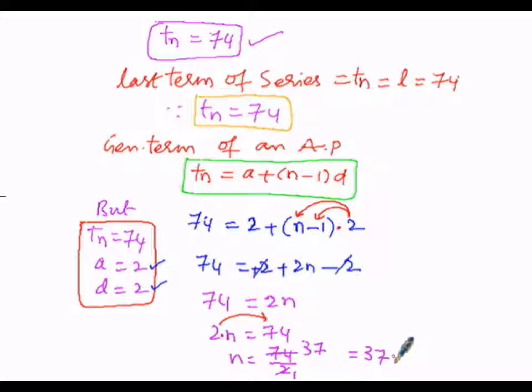So in this manner we got n. Here n equals 37. n indicates the number of even numbers which are between 1 and 75, which are 37 numbers. 37 even natural numbers are between 1 and 75. So n equals 37. There are 37 even natural numbers between 1 and 75. So we have to find out the sum of